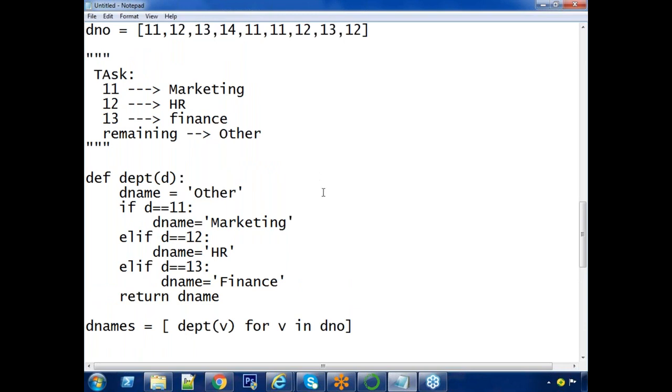Okay. The technique is like this. First, initially fix some default value. Remaining values handle with conditions. What exactly you are expecting? Finally, that has to be written. Once return is executed, the remaining part of the function will not be executed, sir. Even though after return you have written some statements, those will not be executed. Understand the point? Take this code.